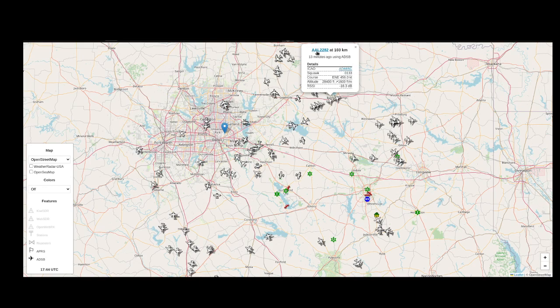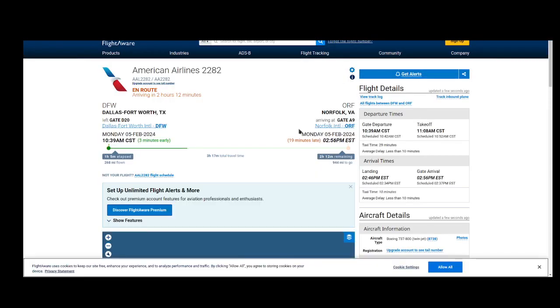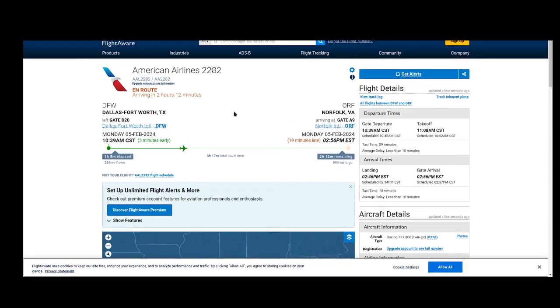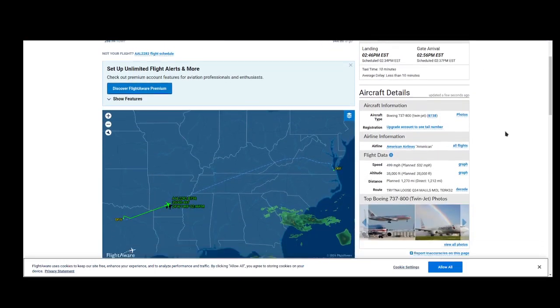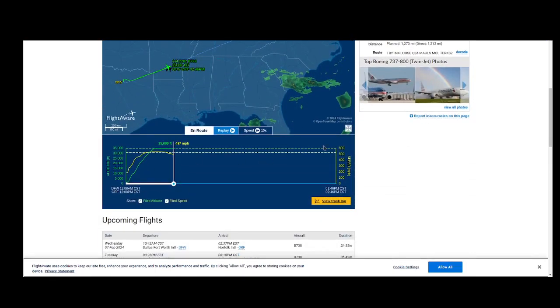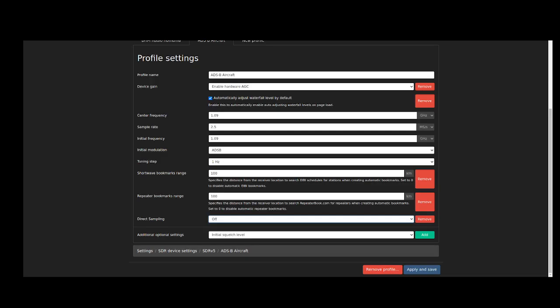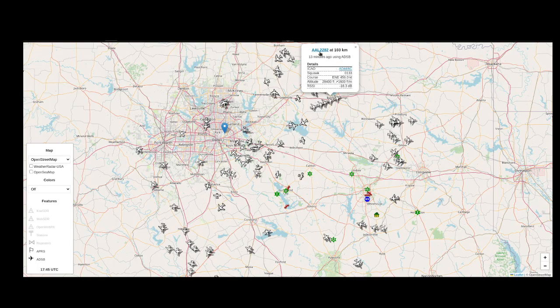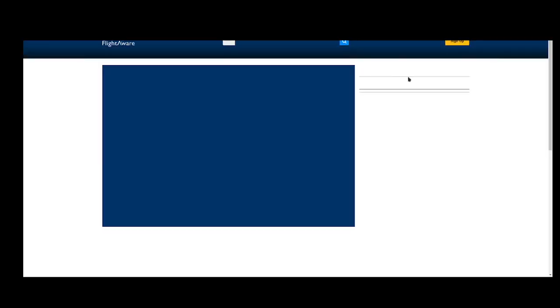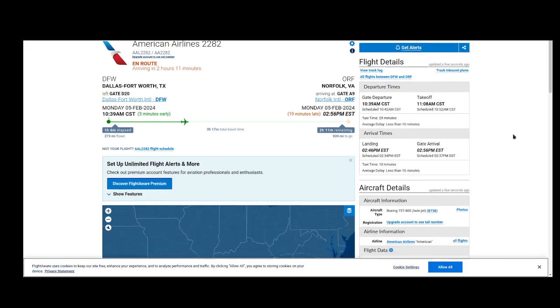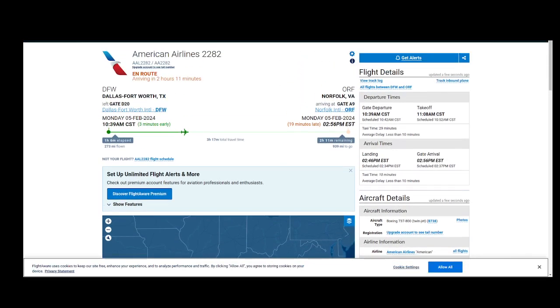You can click on these items, this AAL2282 and this, whatever this ICAO number is, 8044BC. Let's say we click on that. It'll take us to a website, flightaware.com, and it gives you a whole bunch of information about the flight, its altitude, speed, all that good stuff. And so let's close that and go back to this where the bubble is still open, and you can click this other thing, and I guess it tells you more about the flight details, the overall flight. But this is all linked together in